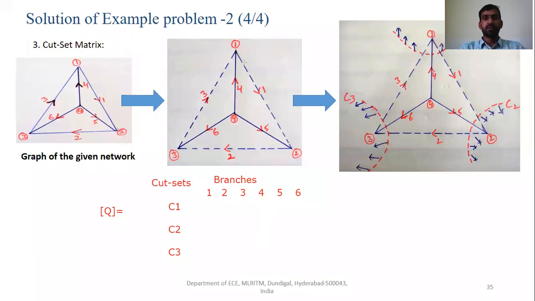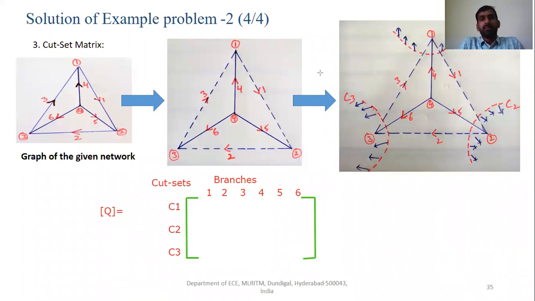Let us make it into matrix form. We are having 3 cut sets, so 3 rows. So the order of the matrix, we can write as 3 by 6.